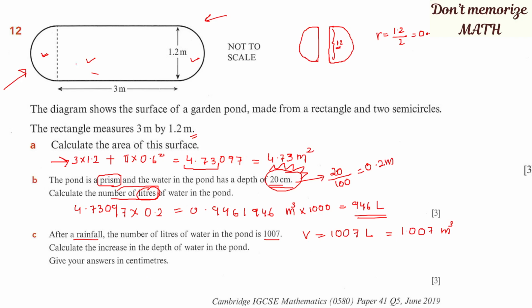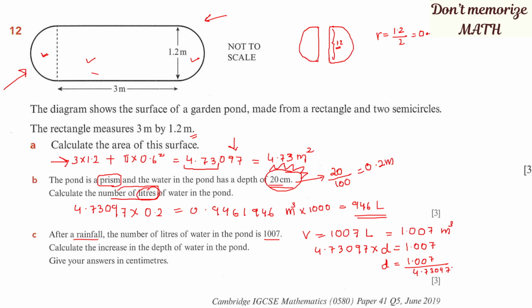So now we have the volume in meter cube, and we need to find the depth. The base area will be the same, right? So this is the base area, so volume will be base area 4.73097 times height or depth, which we need to find, because the depth has increased after rainfall, right? So depth will be 1.007 divided by 4.73097. Here you need to type the value because the final answer is not the same. So use the fraction button: 1.007 divided by